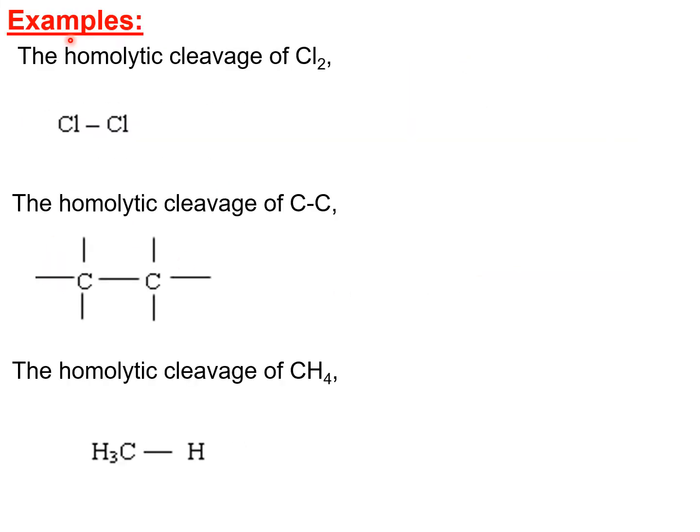Okay, alright, so let's look at some of the examples for homolytic cleavage. So bila you nak buat homolytic cleavage, bila you nak show you boleh break the bond homolytically, you kena show dia by using a half-headed arrow. Okay, half-headed arrow tu ialah arrow yang ada separuh saja kepala, untuk show yang satu saja elektron